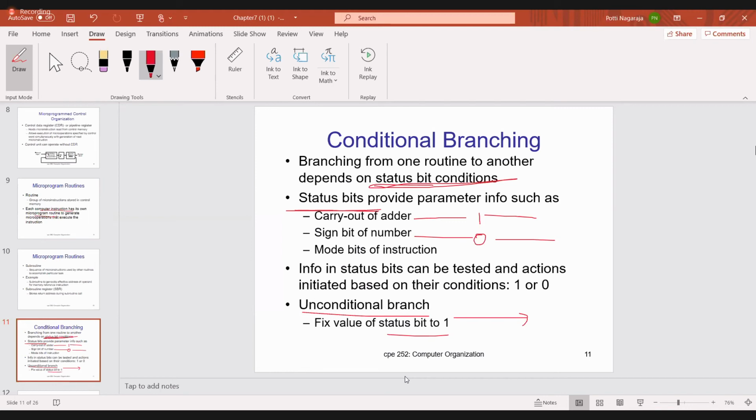This is called the unconditional branch.